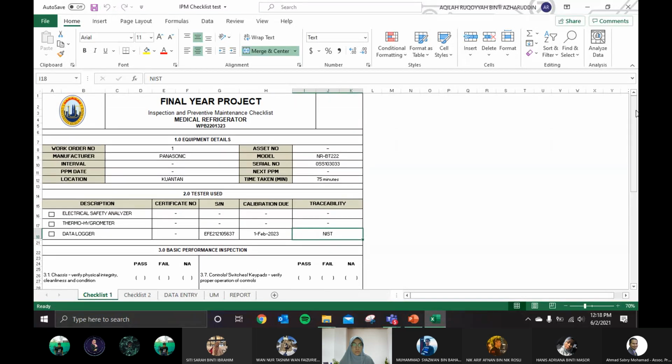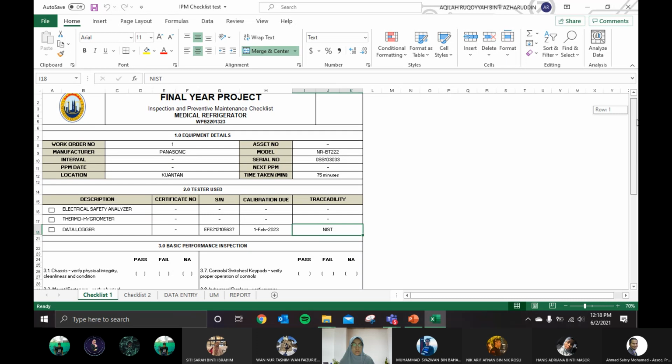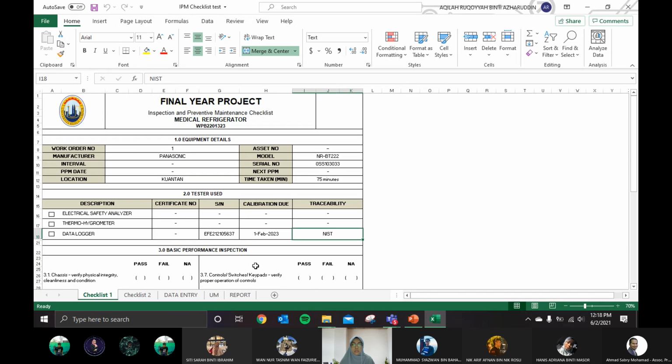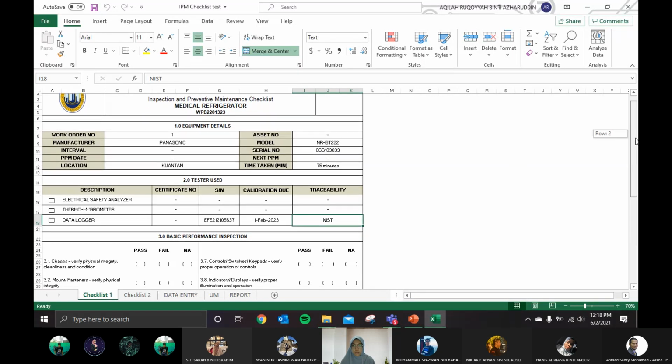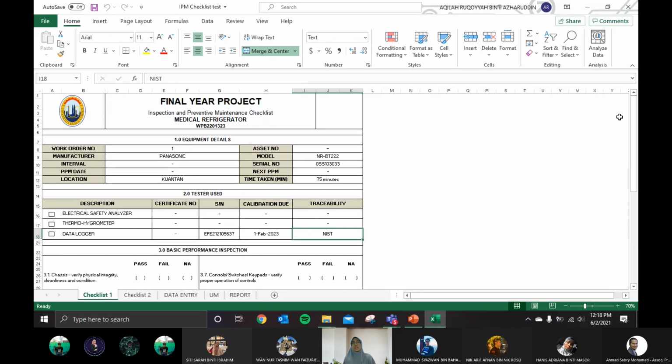What Nick Zaidi said. This is the IT project. Does it match any calibration procedure? What do you mean by calibration procedure and measurement checklist? This checklist is used for calibrating the temperature, which is